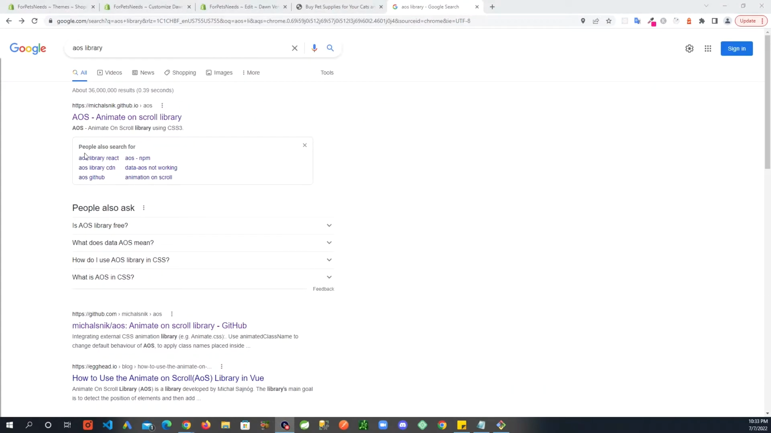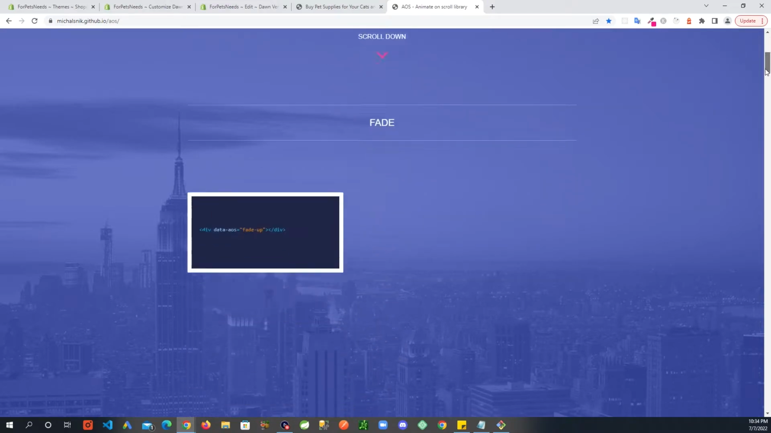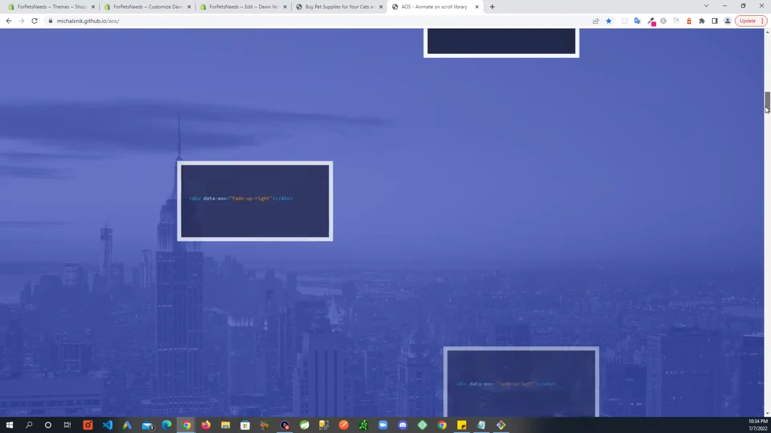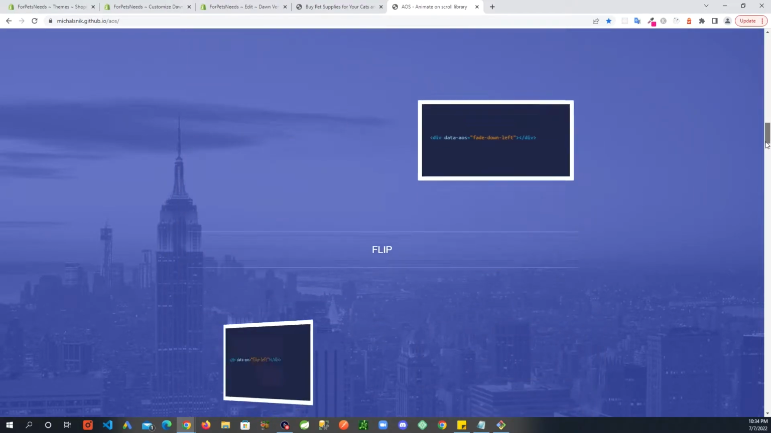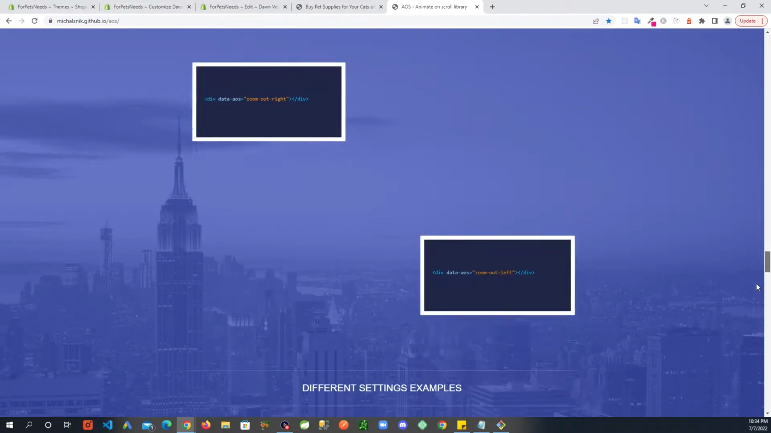So first thing you're going to do is search for AOS library in Google, and this link, AOS animate on scroll library, you're going to go here, and this is the library we'll be using to create animations on our Dawn theme. And as you scroll down this page, you will see the examples of animations that you can create with this library. And if you go all the way down,